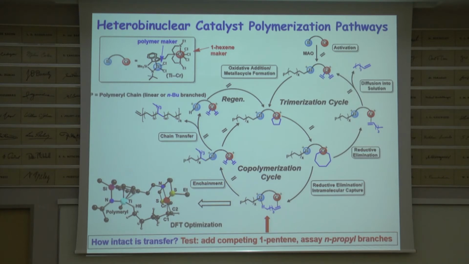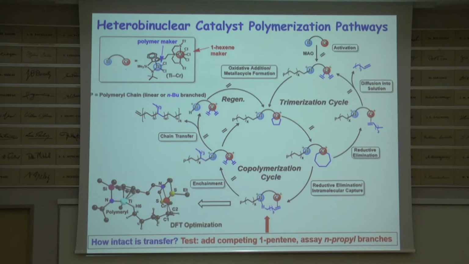And let me start by how this catalyst, if you had a mononuclear chromium, it would make one hexene. It would produce it by a redox cycling, reductive coupling of ethylene to make a metallocyclopentane, add one olefin to make a metallocycloheptane, and then beta hydride elimination, reductive elimination to spit out one hexene, and then the cycle would continue. But when I add the titanium here, something really different happens.